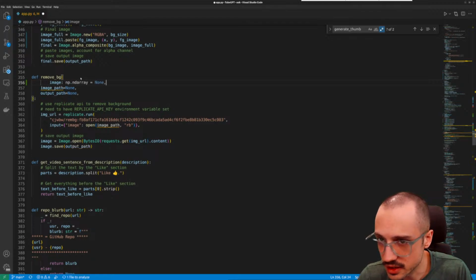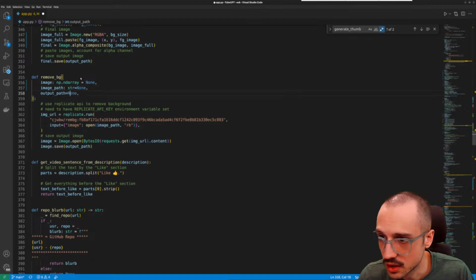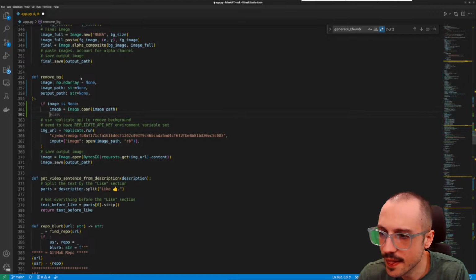Image np.ndarray is none. Image path is a string. And output path is a string. If image is none, then actually do nothing. If image is not none,